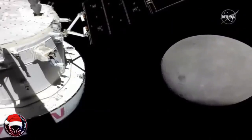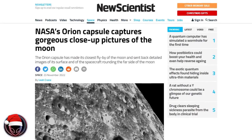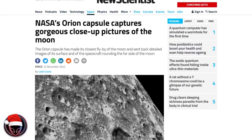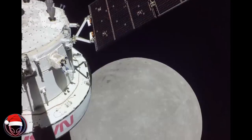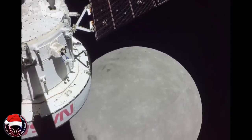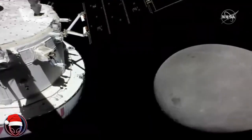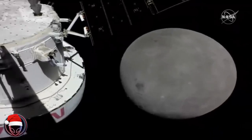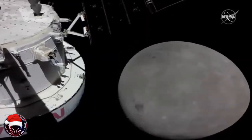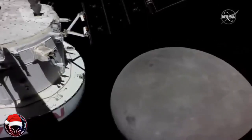And you get these crazy headline titles from all of these mainstream news agencies, such as NASA's Orion capsule captures gorgeous close-up pictures of the moon. I mean, this doesn't even look real to me. You know, first we get footage back from some of the cameras on the Orion spacecraft as they approach the backside of the moon. And true to NASA's never a straight answer kind of way of doing business, we see the Orion capsule, and then we see this sort of circular potato in the distance that would appear totally craterless, totally washed out, no contrast whatsoever, no defined features,